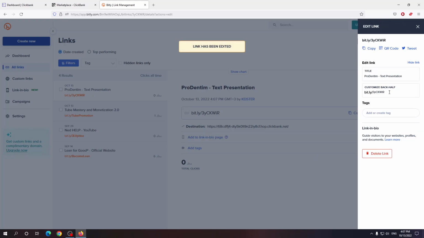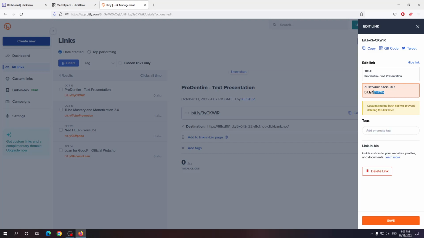And here is where the magic happens, customize back half. So we can write whatever we want, and let's say pro promotion. It is completely up to you what you want to call your link. So pro promotion, if this is free and nobody else has taken it, it will give us a green light and we can continue. So if we click save, as you can see, pro promotion is now our link,